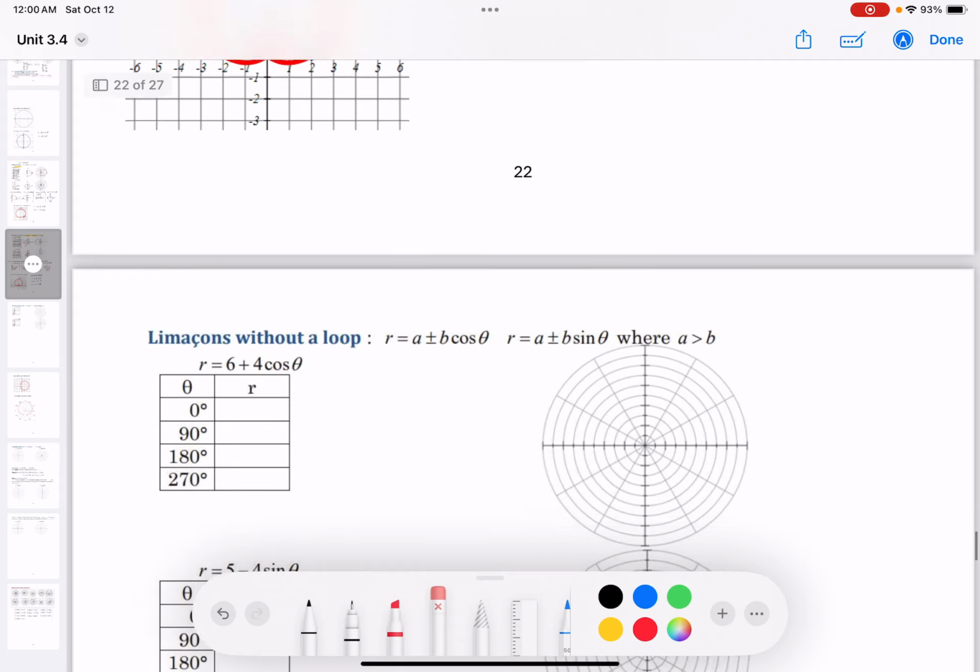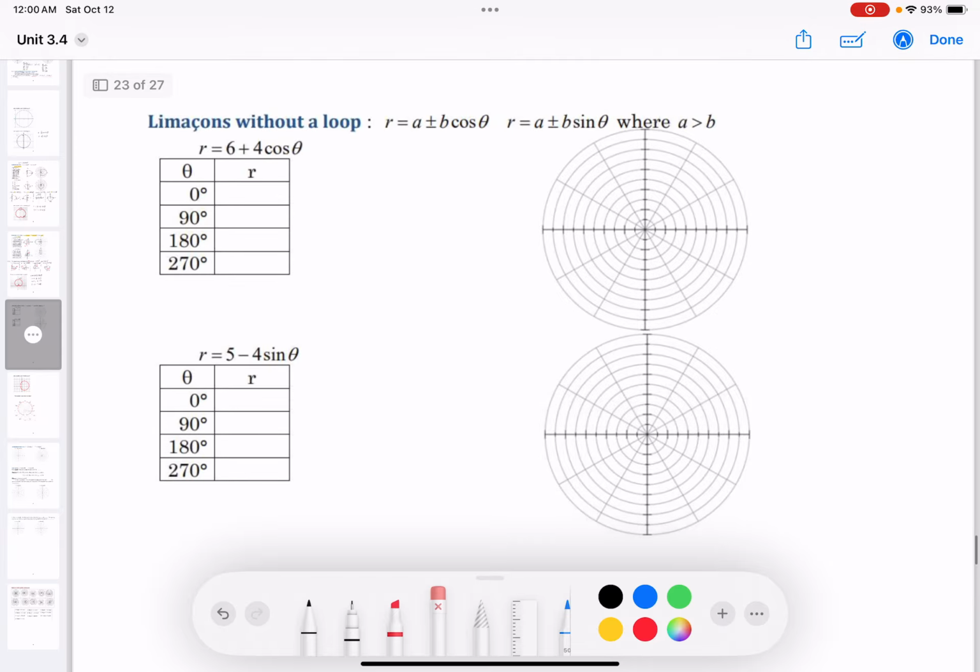Okay, let's clean that and continue to see the equation. The equation is r equals a plus b times cosine theta, or r equals a plus or minus b times sine theta, where a is greater than b. It's like our bottle example. We say if r is equal to a plus or minus, let's say plus,